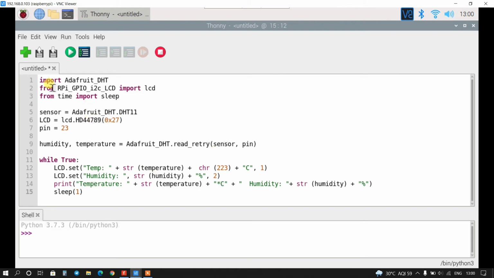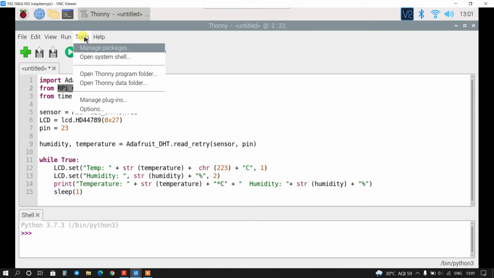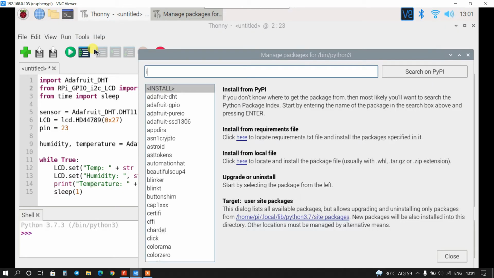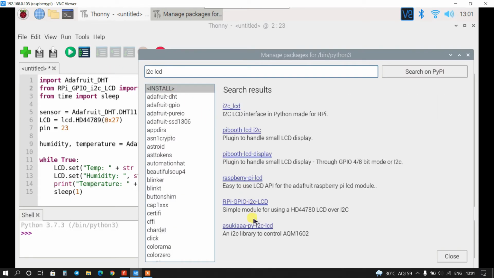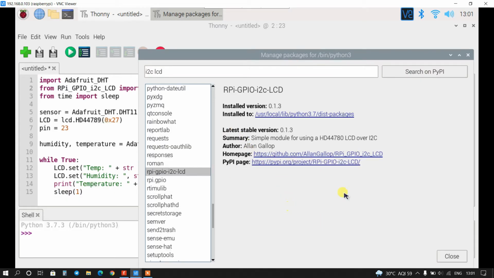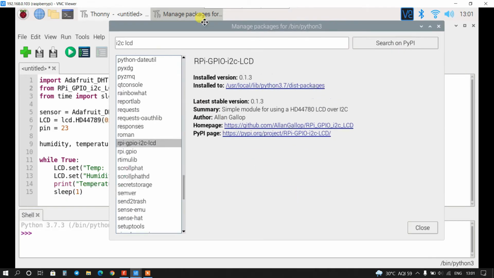One thing, if you have not installed this library RPi_GPIO_I2C_LCD, you can install it from here. Go to Tools, Manage Packages, and here type I2C LCD. I have already installed it, so it is not showing any install option, you can see here.